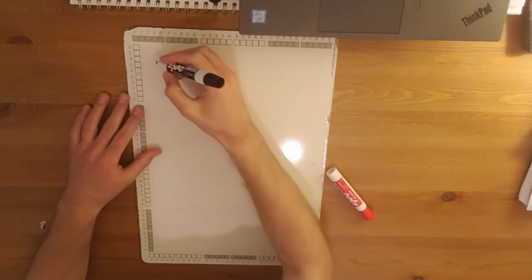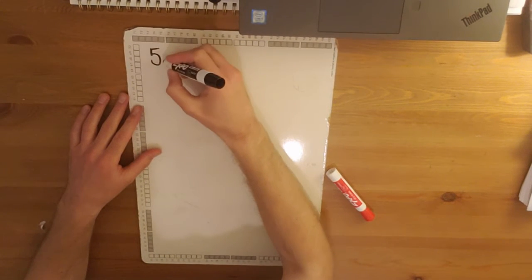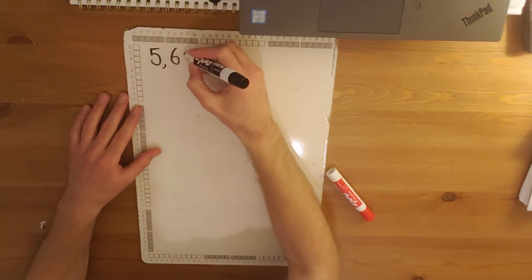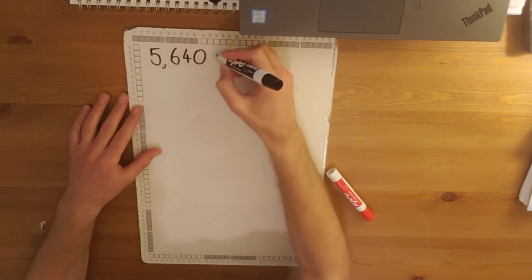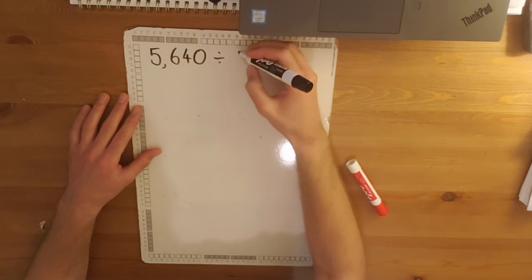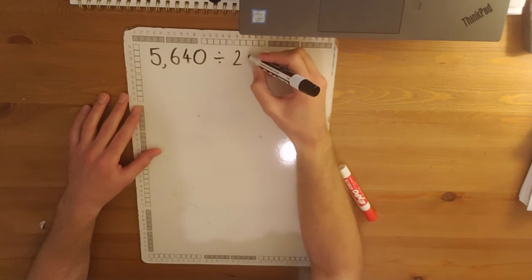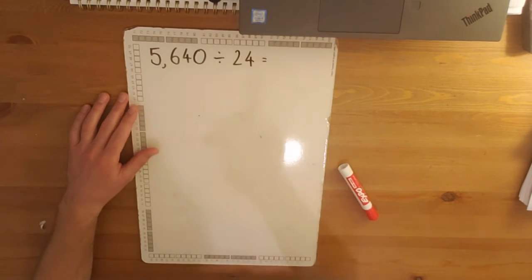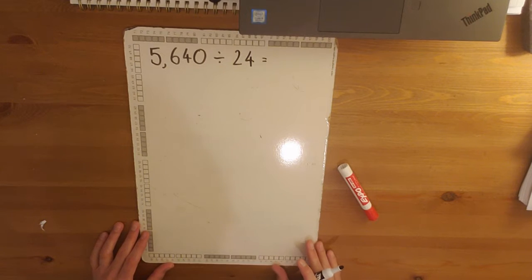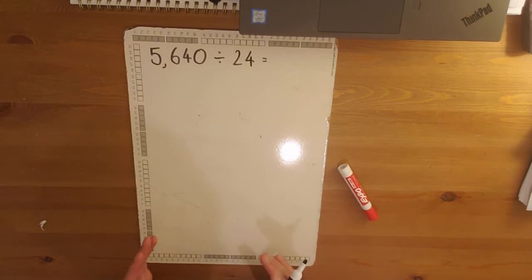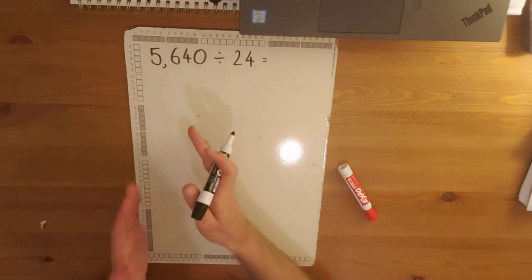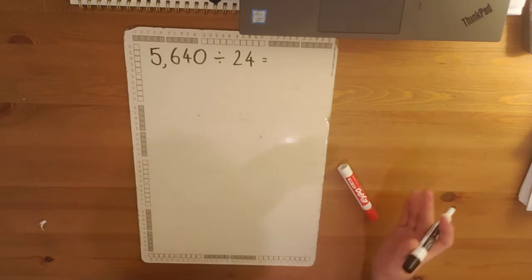So I'm going to do the question, or the calculation, 5,640 divided by 24. Now you can do this however you want to. You can do it using the rectangular method where you move across to the side, but I personally like to